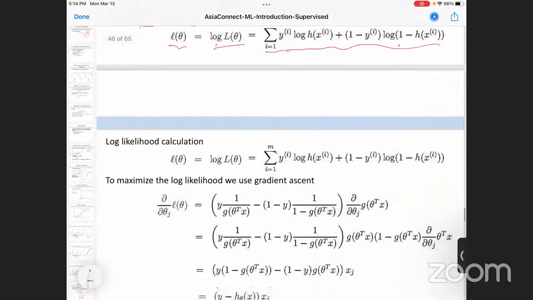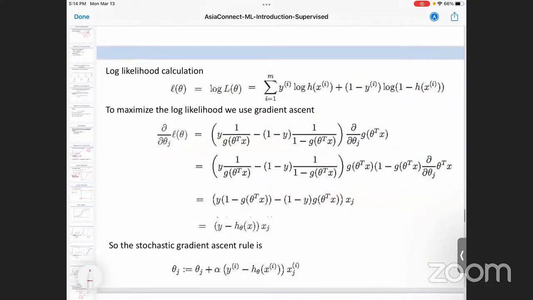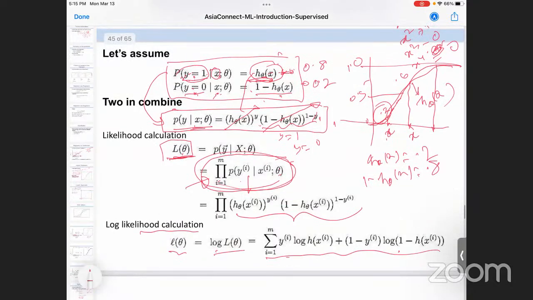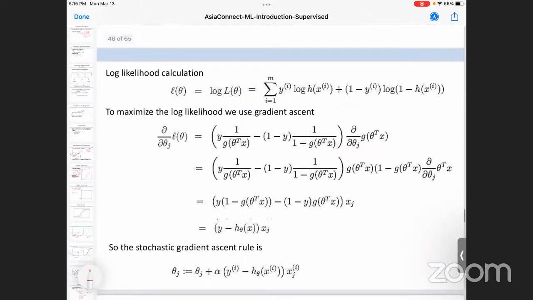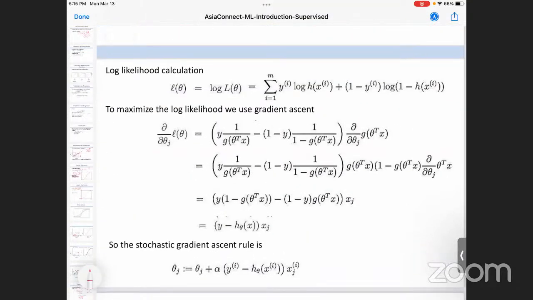Now, unlike linear regression, where we have to find a theta that minimizes the function, here this is the likelihood, so you have to find a theta that maximizes this function. That's why this is called gradient ascent. You can again find the derivative. I'll not go into the details, but you can check later from these lecture slides or some books.